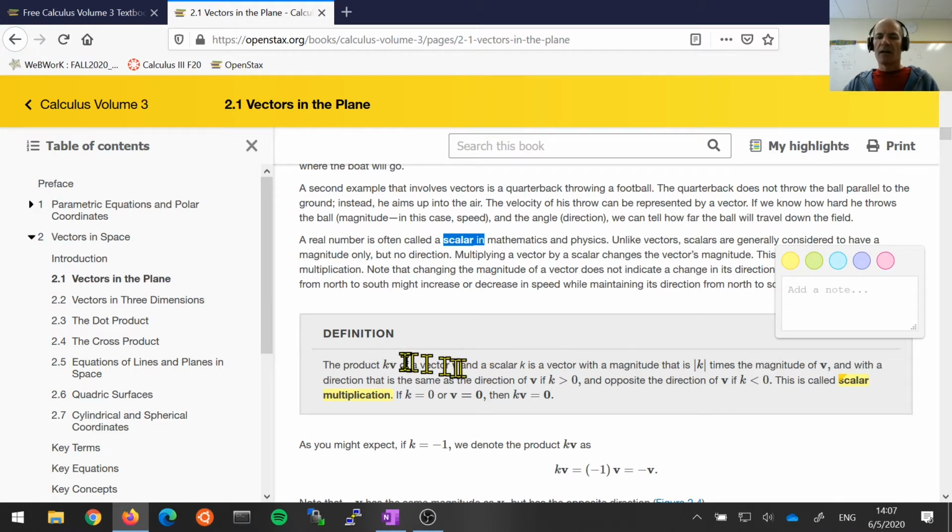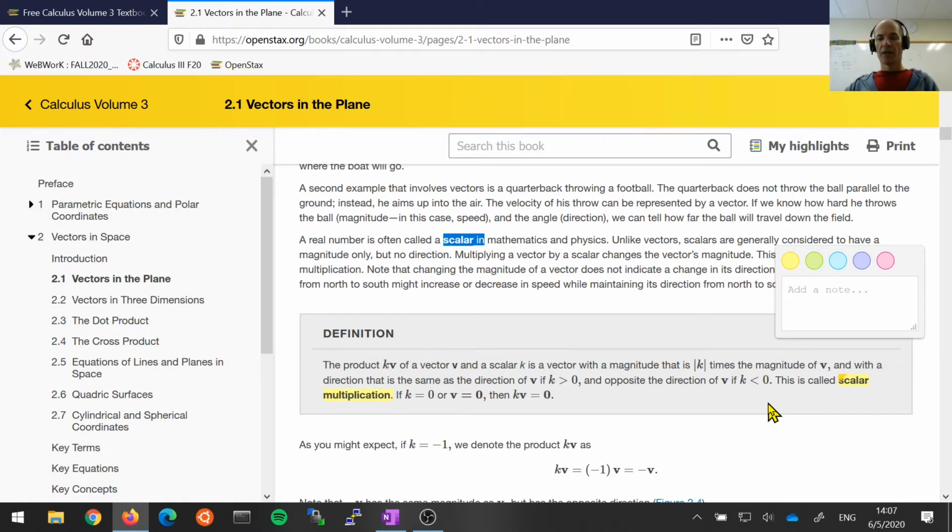We say that a scalar k times the vector essentially scales the length of the vector by k. If k equals 0, then you turn your vector into the 0 vector. If k is less than 0, you reverse the direction of the vector. And if k is, say, 2, you're going to double the length of the vector, but it's going to preserve